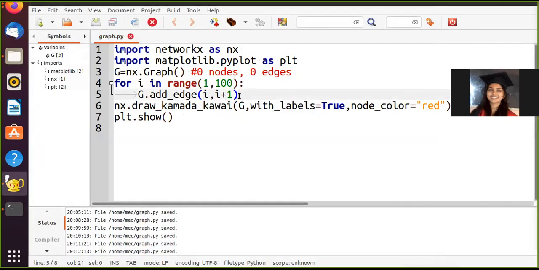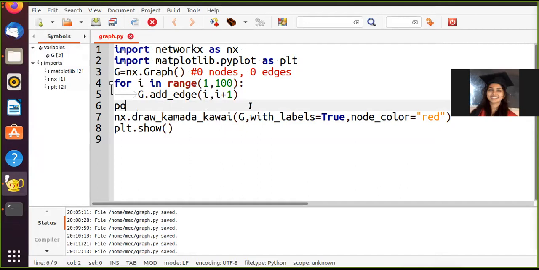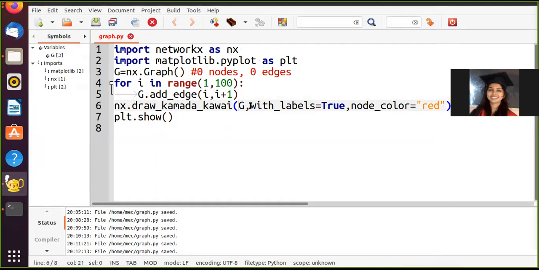You can also manually set the positions of the nodes. Again, I am not going into details here because we have a lot to cover, so you can just check online for the documentation of NetworkX. You can set a variable named pos, where you can give the x and y coordinates for your different nodes in the graph, and then you can use this pos as an argument in the nx.draw function, in case you want to absolutely define the positions of different nodes in your network. These are just for the visualization purpose of a graph.